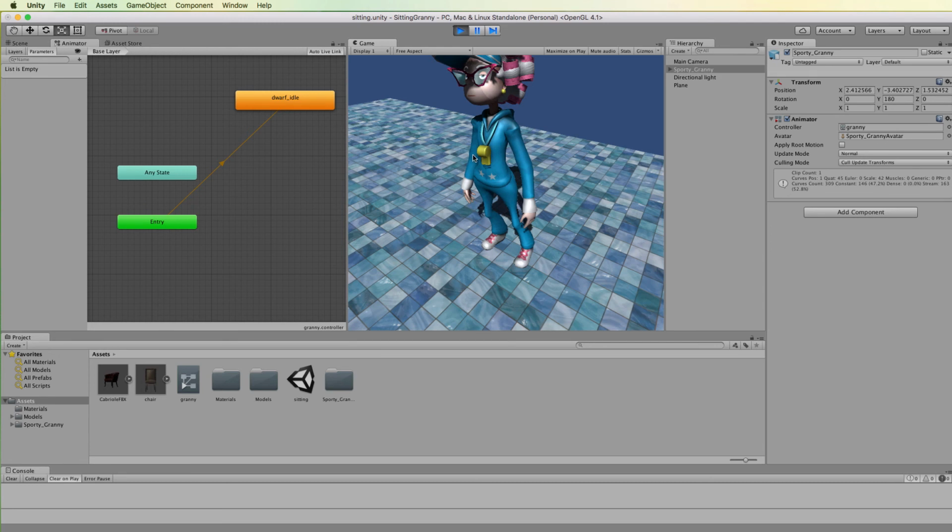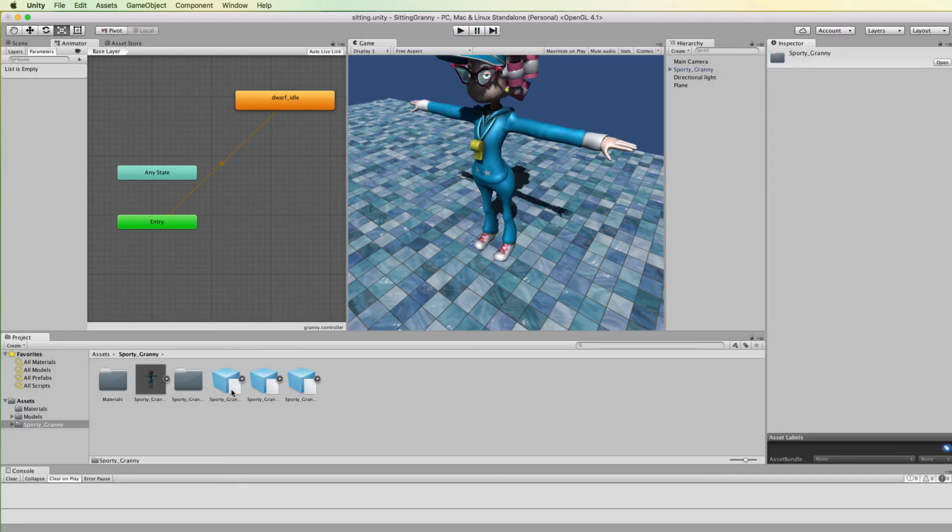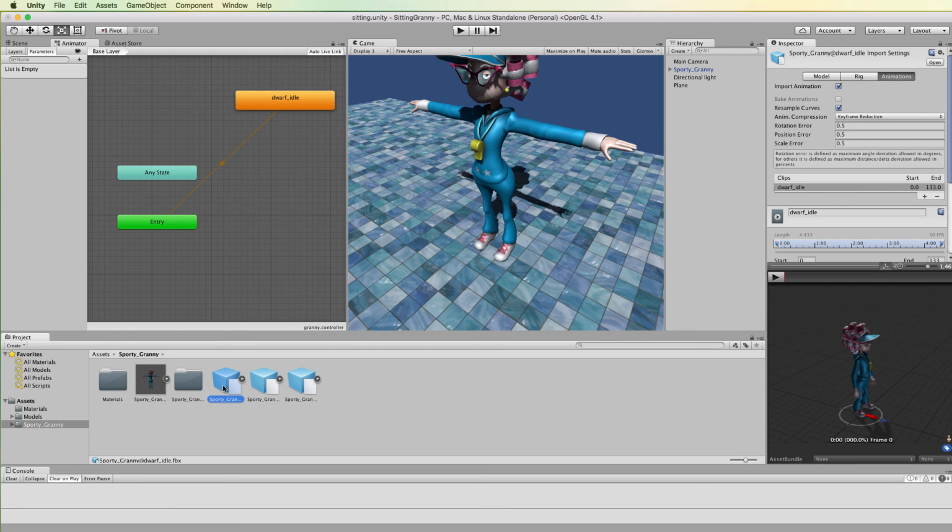Okay, so the idle ran, but notice it didn't keep running because we haven't told it to loop. So to do that, if we go back and find our animations, this is our idle animation. If you select it